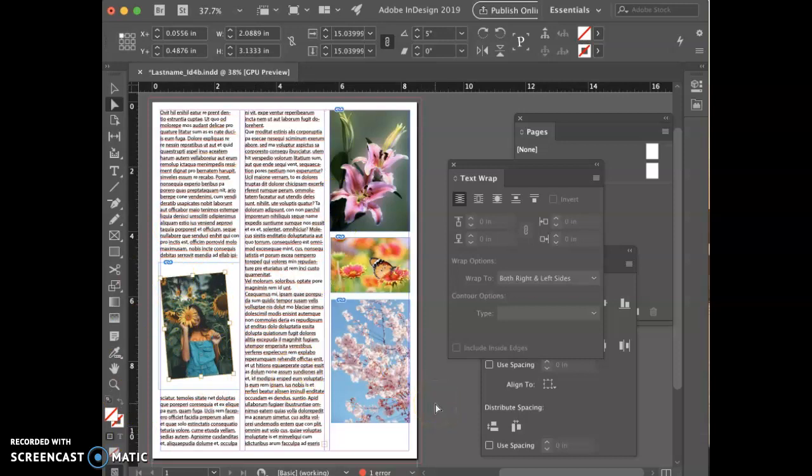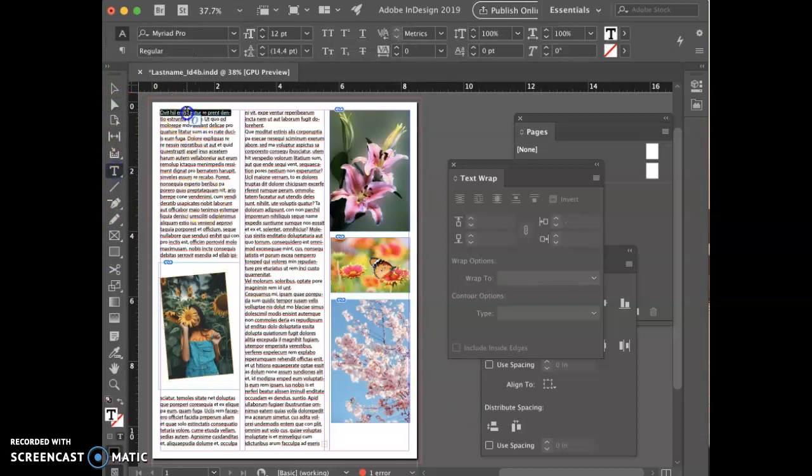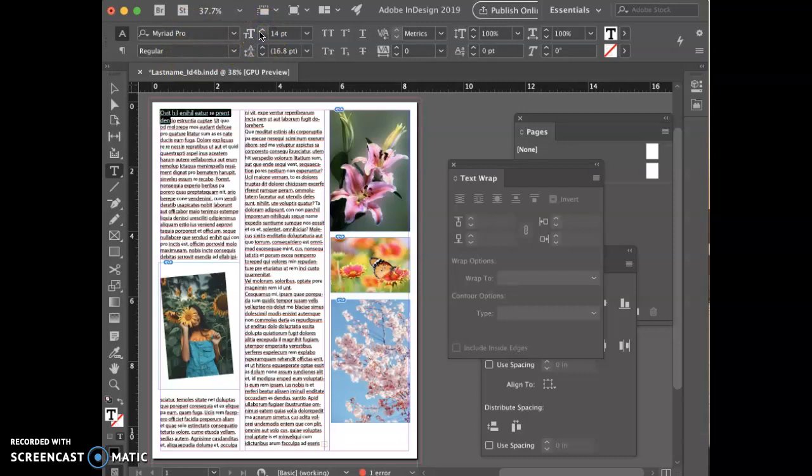Okay, the next thing you want to do is notice the changes that we made, and then using the type tool, I want you to highlight the top line in the text. So you go to your type tool, go ahead and highlight. You can triple click to get to that. Highlighting the top line of the text, I want you to enlarge the text 2 points. You can go straight up here and make it 14 point. Okay, and then I want you to make that type bold, so from regular to bold. All right, and then